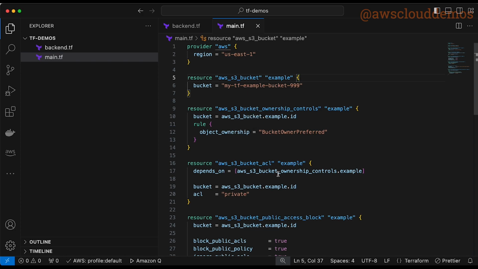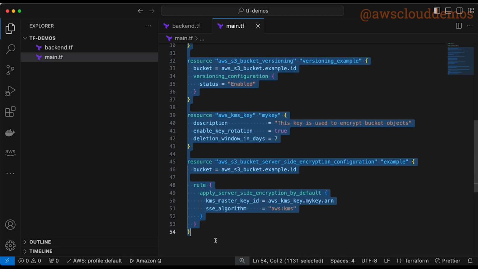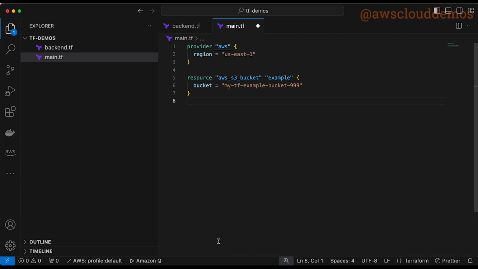What we are trying to do here is create a bucket. Forget about all of this for a second. Basically we are trying to create a bucket. In Terraform, this is usually enough for you to create a bucket. But why I'm doing all this is because